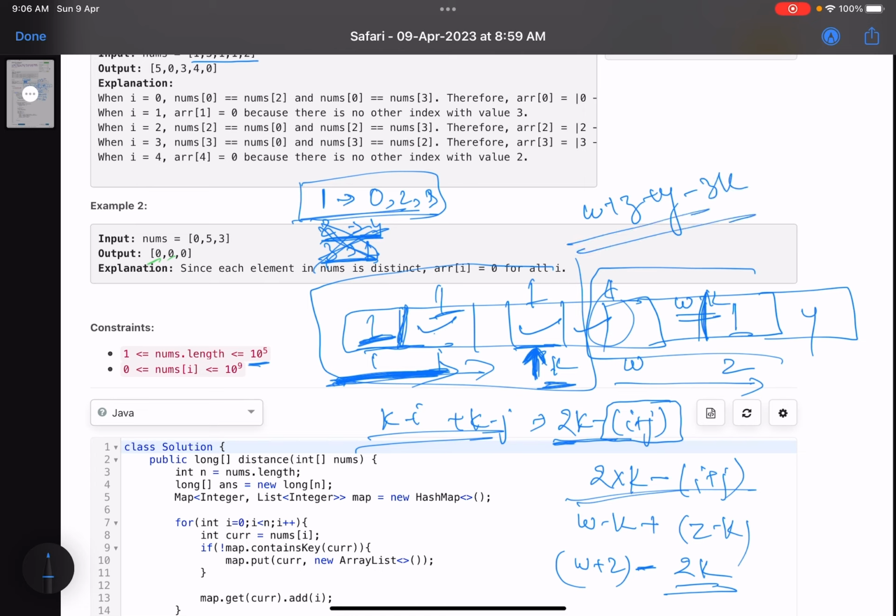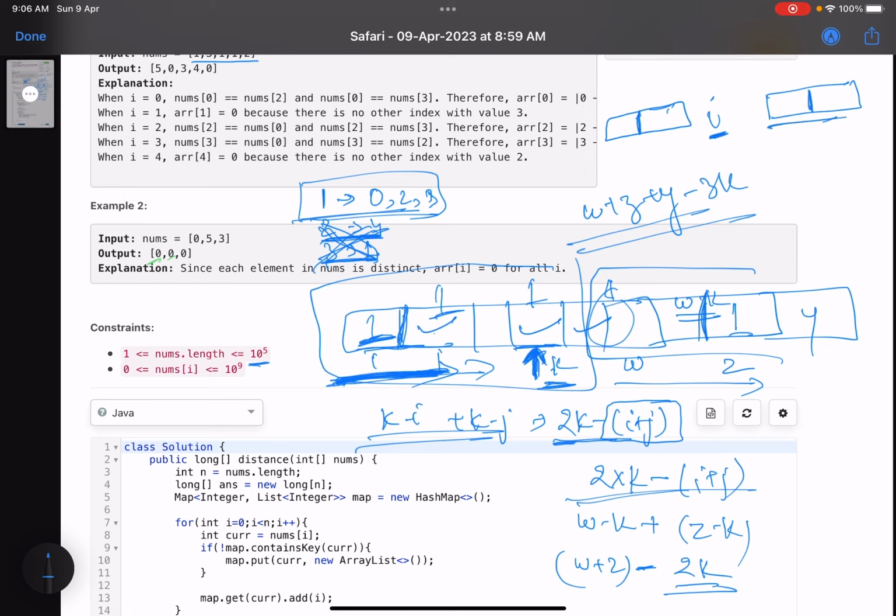Getting it? So the intuition here is, for every index, if you are standing at the ith position, just see how many elements are there on the left hand side whose value is equal to the ith element, and what is the sum of their indices. Similarly, find the sum of indices on the right hand side which have the same value as the ith.